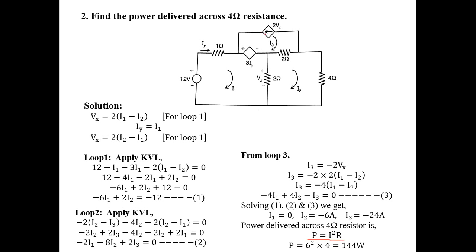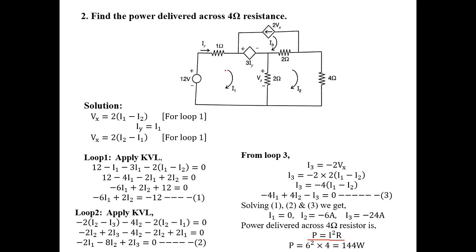Here, in this current source, there is no parallel resistance. We can't convert this current into voltage. So, we can use the super mesh method to calculate the current, using the equations. Let's see. First, we have to mark the loops of the circuit. Here the loops are I1, I2, I3. Anyway, we can put the loops of the circuit as we like.